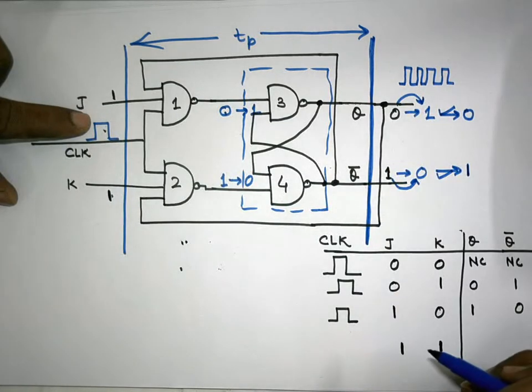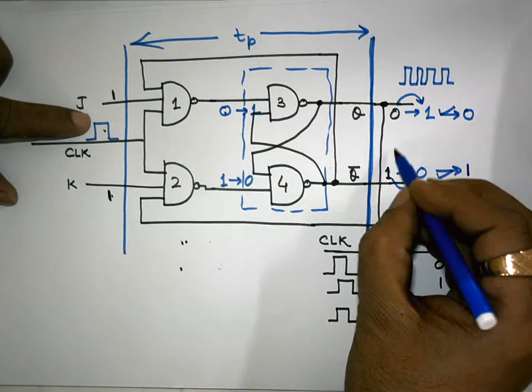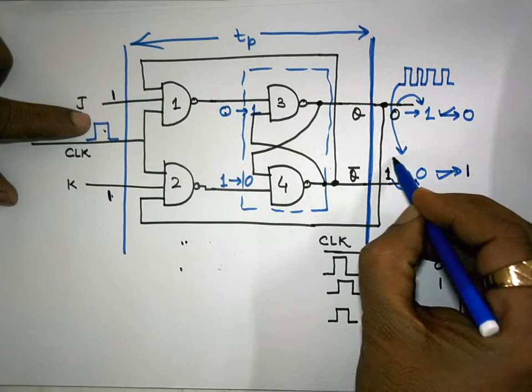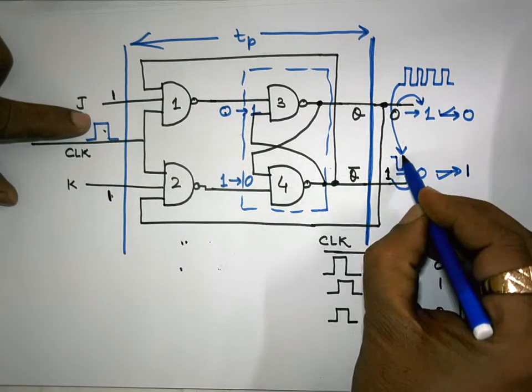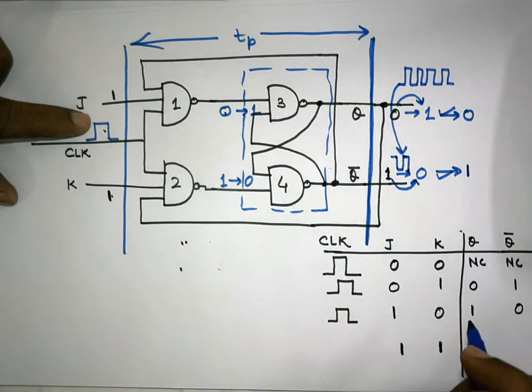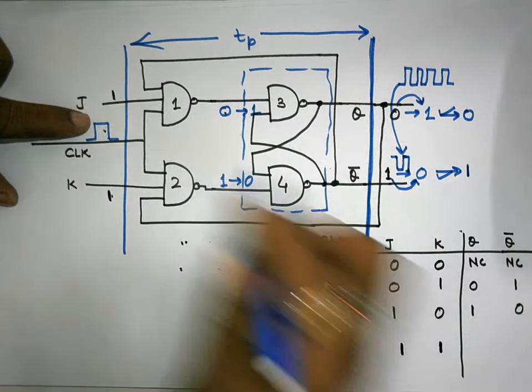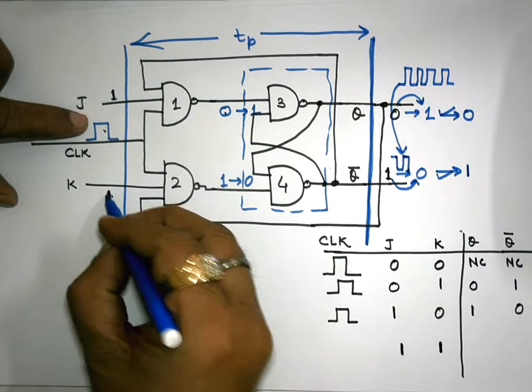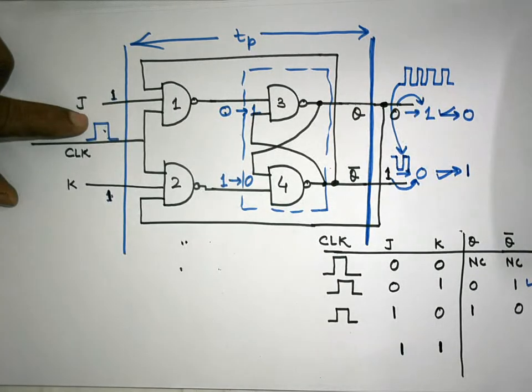So you are getting a kind of oscillation at the output, an oscillation of ones and zeros. This is also not a good situation. This situation should also be avoided. You will get an oscillation and a complementary oscillation over here. If 1 is here, 0 will appear over here. If 0 was here, 1 will appear over here. A complementary oscillation at Q bar. But this oscillation kind of behavior should be avoided. Getting my point? And it happens only in this input situation. In other input situations, you will never see this kind of behavior.